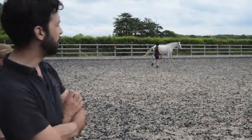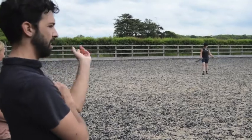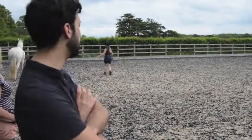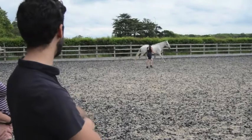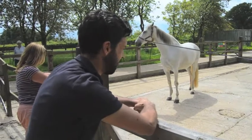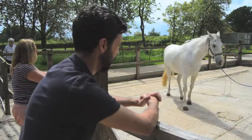So those are some of the pieces of information that we will gather when we are seeing the horse being lunged, left rein compared with the right rein, on soft ground initially, and then compared with the concrete ground that we're going to do later on. Right. So now here on the concrete, we will also be lunging the horse to both reins,